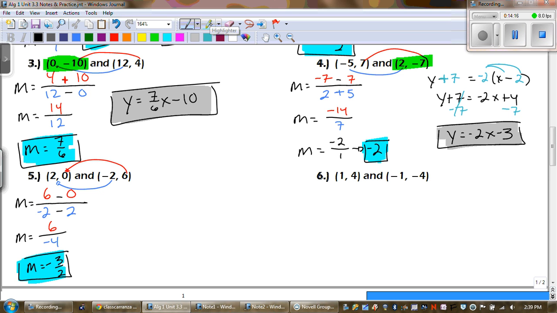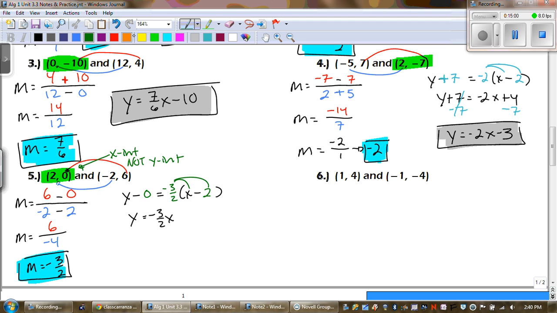Now don't get all excited, okay? Even though we're going to use this point, that is your x-intercept, not y-intercept, okay? So we still have to plug everything in. When we plug everything in, we get y minus 0 equals -3 over 2, and then x minus 2. The nice thing is, in the first step, y minus 0, you can already forget about it. And now when we distribute,